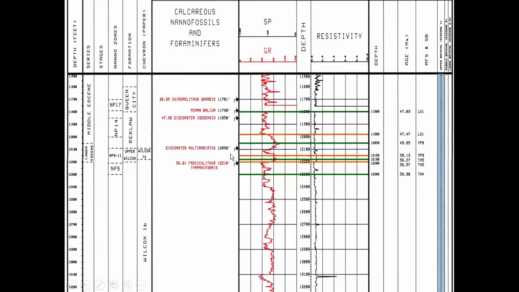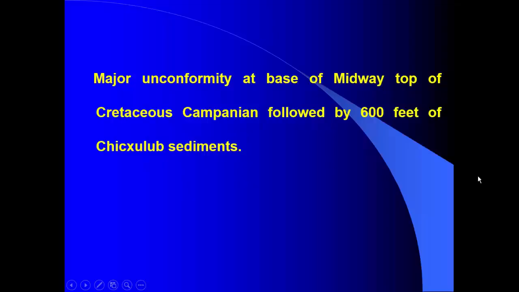So there's about a 6 million year unconformity at this level. Another major unconformity is at the base of the Midway, and the Cretaceous Campanian top. Did I make a mistake there? I think I did. Anyway,